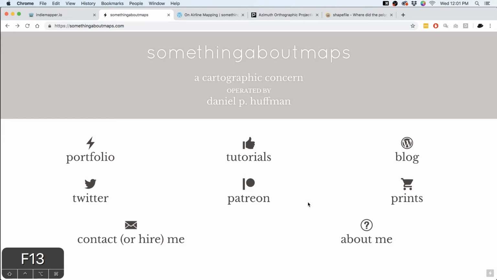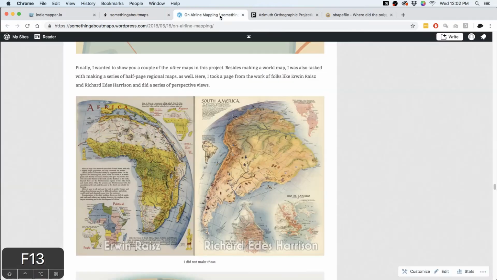So that's my plan today, and specifically I want to make a map in an orthographic projection. I love orthographic projections. They're this sort of imagine-the-Earth-from-space kind of thing. And they were really popular, as far as I can tell, in the World War II era in the United States, partly because we started fighting this war overseas, and people in the United States started to get a good sense of the vastness of the globe. And people like Irwin Raisz and Richard Edes Harrison did a lot of beautiful maps that give you this sense that you're looking at a globe, or that you're floating in a spaceship somewhere.